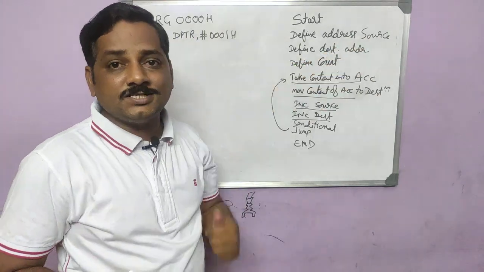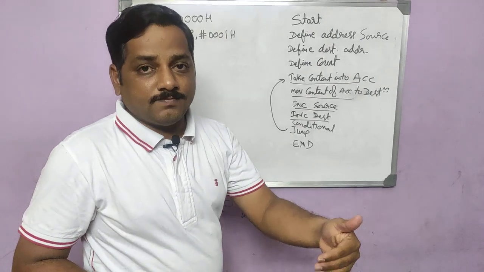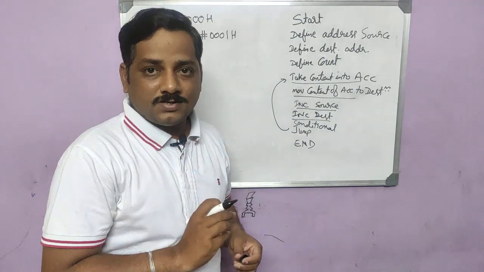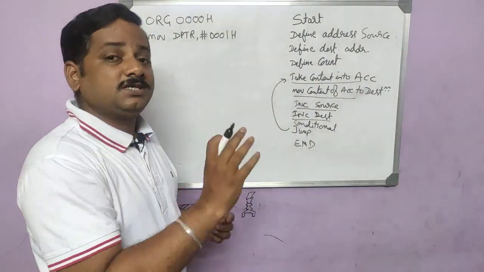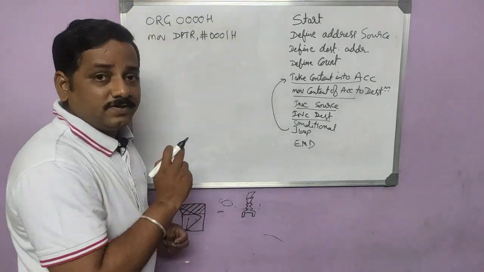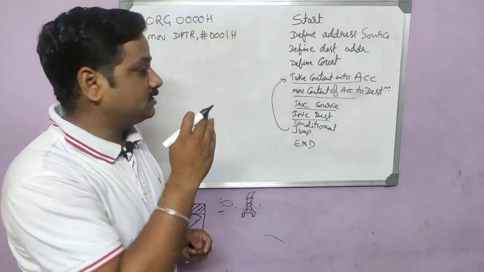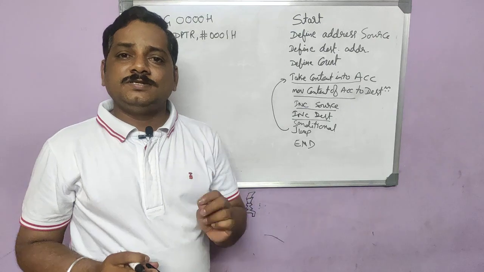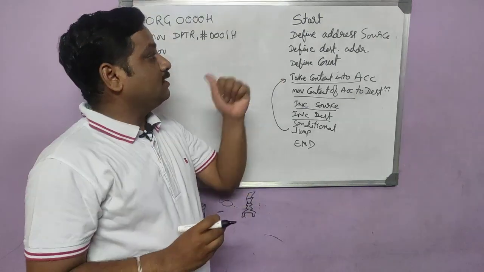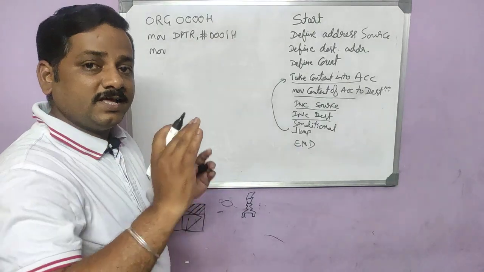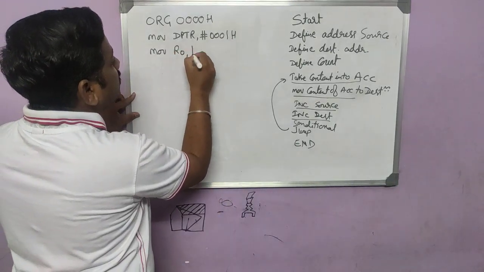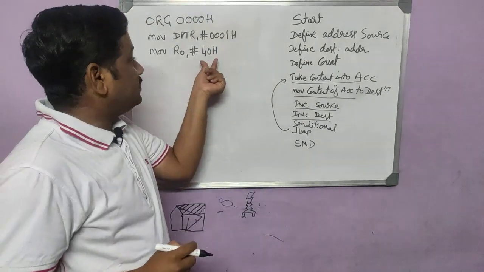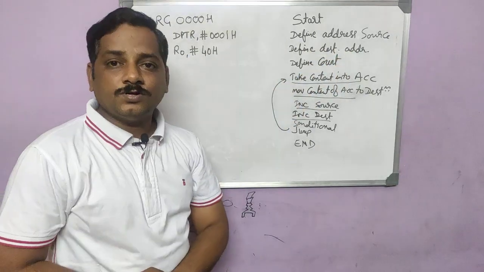Now let's define the address of the destination. The address of the destination is in internal RAM, meaning I'm getting the data from external to internal. Internal means 8-bit registers will be there, or an 8-bit register is enough to take that address. And what was the address we used? 40H, meaning I want to store at 40H. So that has to be defined. Same instruction, MOV, but here I will not use DPTR because DPTR is used only for external memory. For internal memory we can use any register R0 to R7. Let me use R0 and assign it 40H. So 40H, the destination address, is assigned to R0.